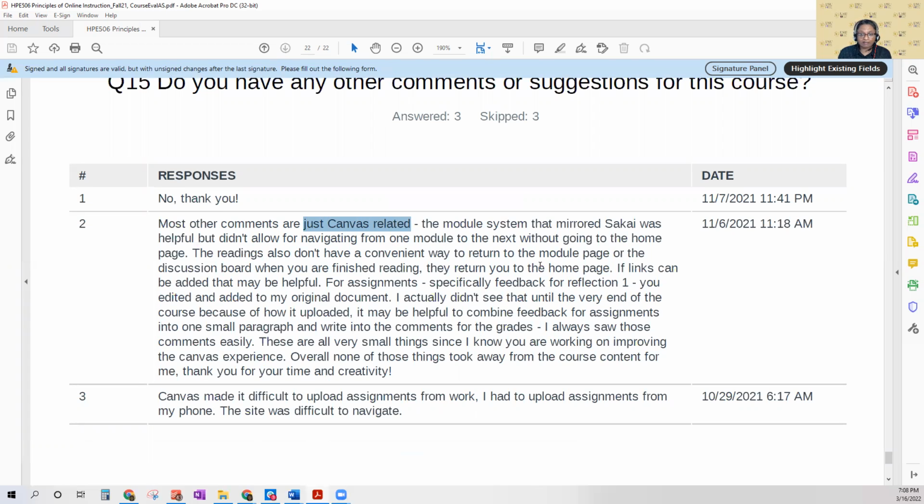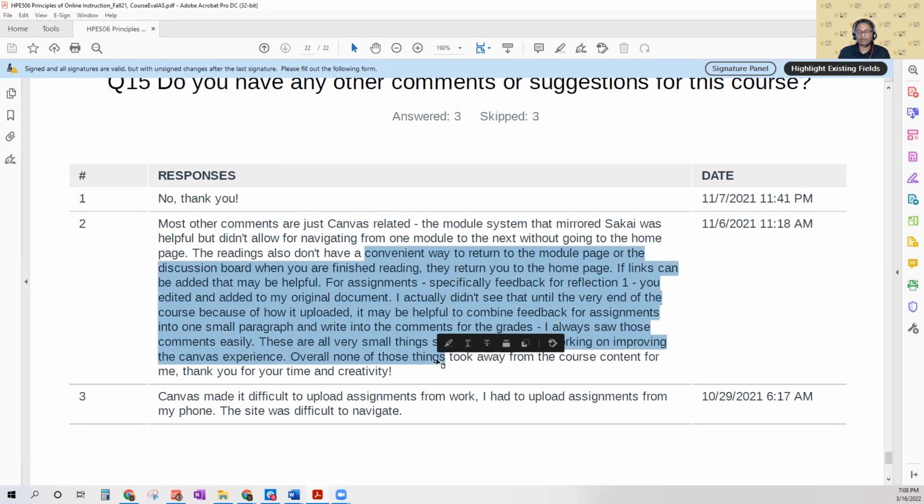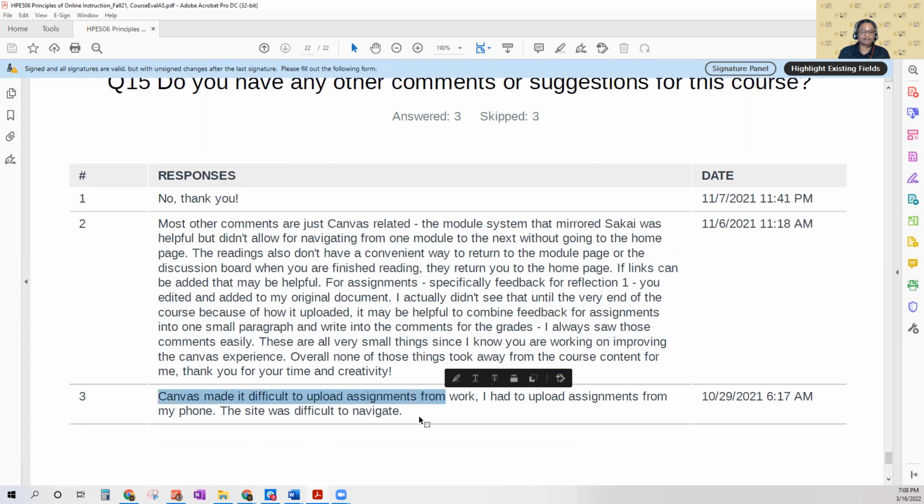This whole section talks about navigation within Canvas and having to go back out and come back in. So obviously that navigation is a problem, and Canvas made it difficult to upload assignments. All right. So now I have this student feedback that I've gone through. I've found out what has worked. I have found out what hasn't worked.